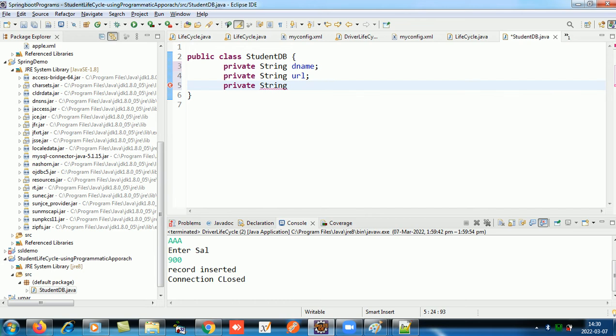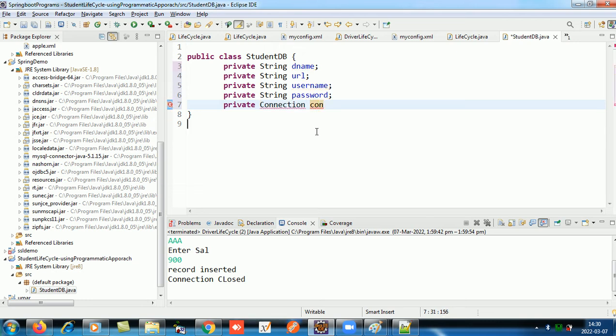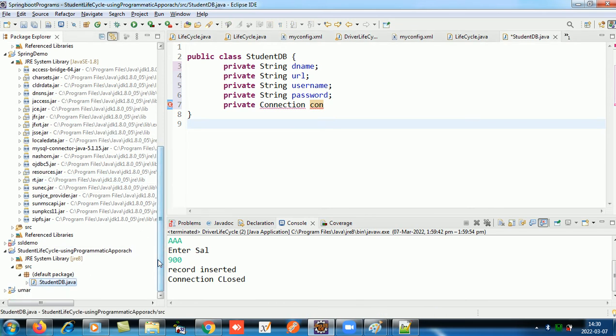Private string username and private string password, and then we'll have a private connection. Okay, now as we are doing this, first thing first, what we'll have to do is import all the